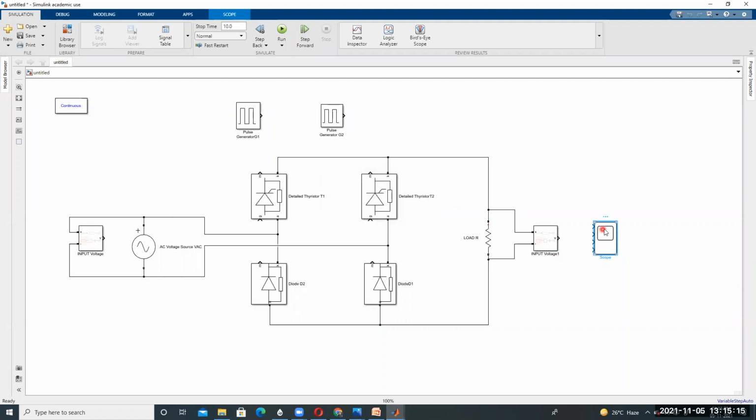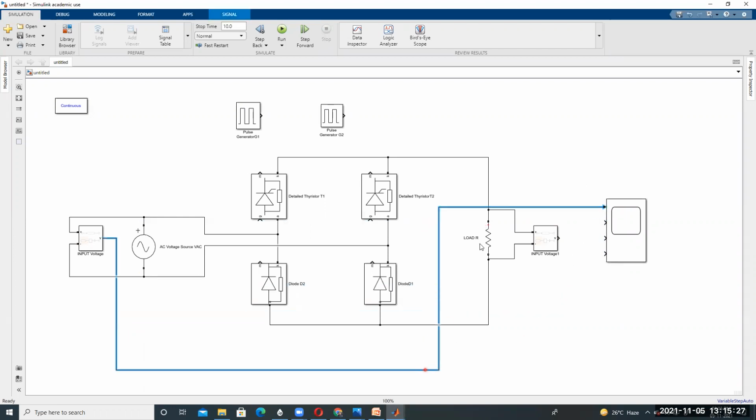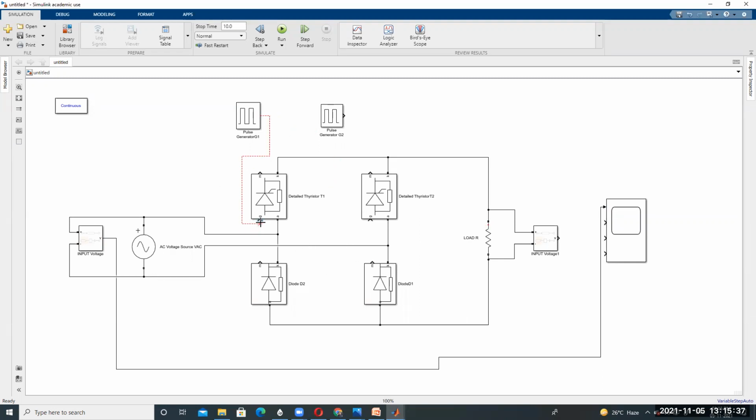Then you will get different pins. Connect one port here, so the input is connected to point 1. Then also connect the triggering pulse to the gate.